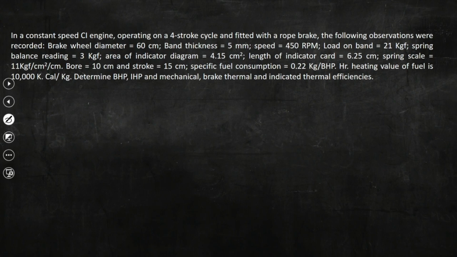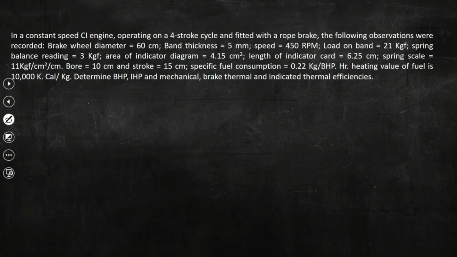In a constant speed CI engine operating on a 4-stroke cycle and fitted with a rope brake, the following observations are recorded. Brake wheel diameter 60 centimeter, band thickness 5 millimeter, speed 450 rpm, load on band is 21 kgf,